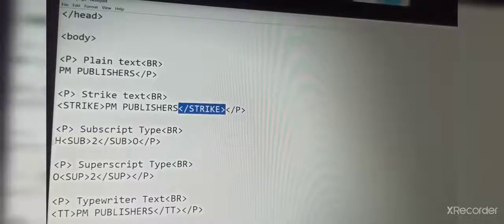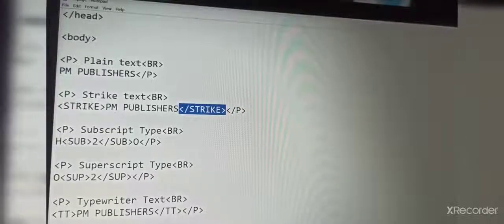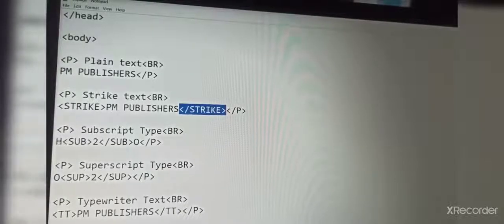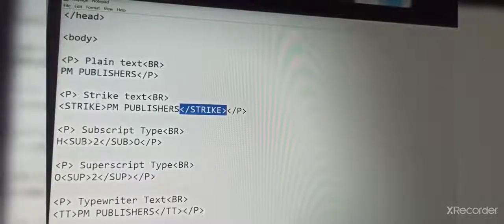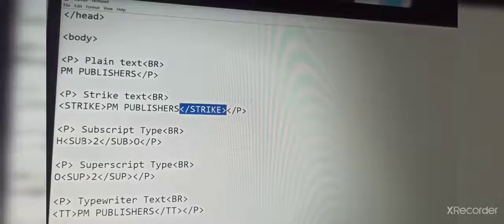Then see here we have a subscript. For subscript you don't have to write the full word, you only have to write sub. We have given it after H, where you want the subscript, like H2O.